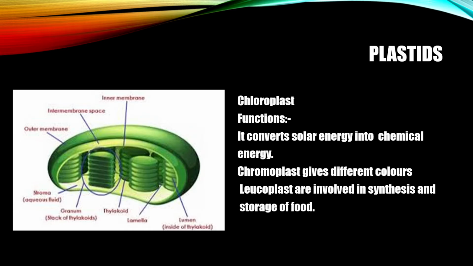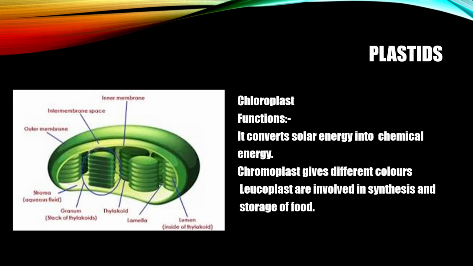And due to the chromoplast, we get different colors in the fruits, in leaves, and in the flowers also. Let me tell you which color is present because of which pigment. When there is green color, the pigment is chlorophyll. This we have studied from the beginning itself. The green color is because of the chlorophyll. Orange color is due to the carotene, yellow because of xanthophyll, purple or blue is given by anthocyanin, and dark pink, for example beet, is given by the pigment betalains.